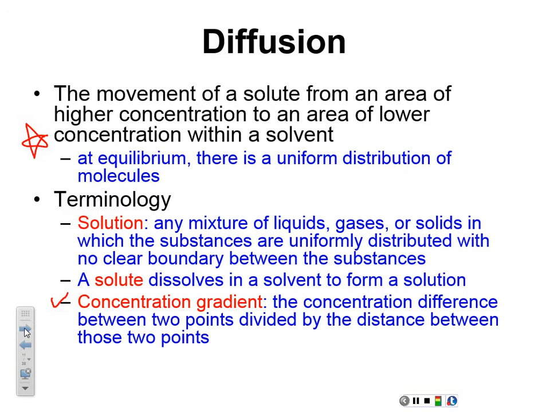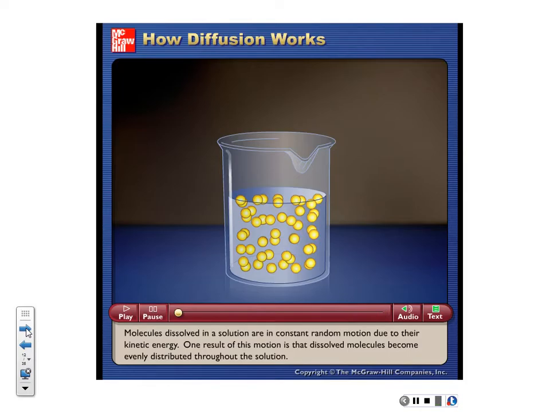It's just the difference in concentration divided by the distance between the two. The longer the distance, the less the pressure, because the substances have to move a longer distance. But pretty much, the higher the concentration, the higher the gradient. All right? So diffusion,